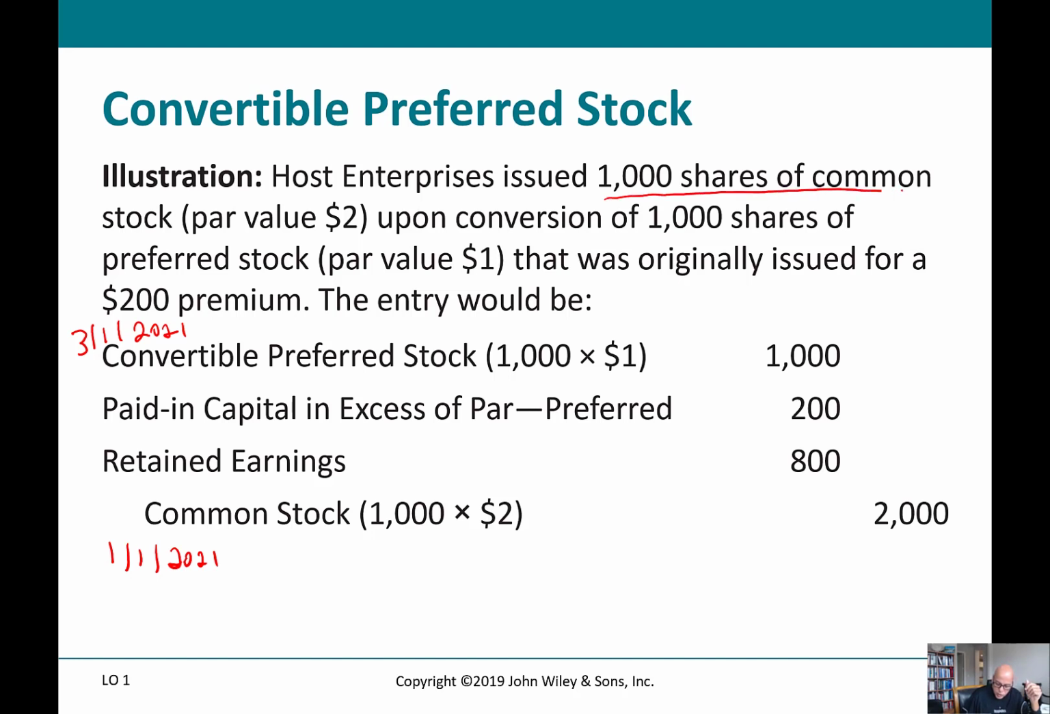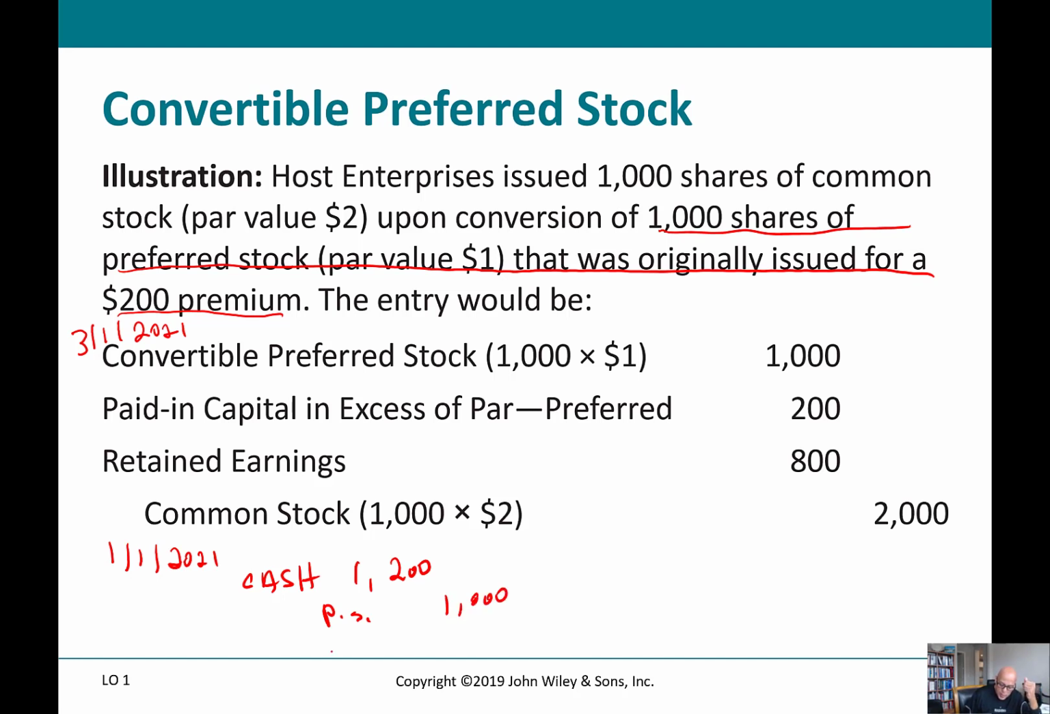It was 1,000 shares right here, not there, that's the common stock. 1,000 shares of preferred stock at a par value of $1 was originally issued, and they say for a $200 premium, meaning it was issued for more than par. So at 1/1/21 when they issued, they would have debited cash $1,200, credited the preferred stock, and I'm going to abbreviate that PS, at 1,000,